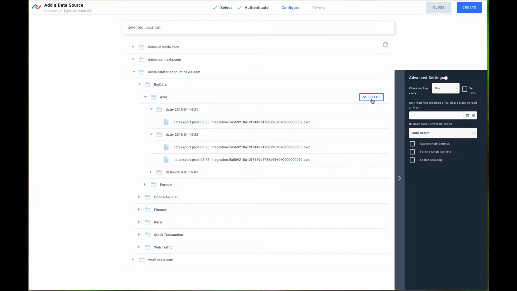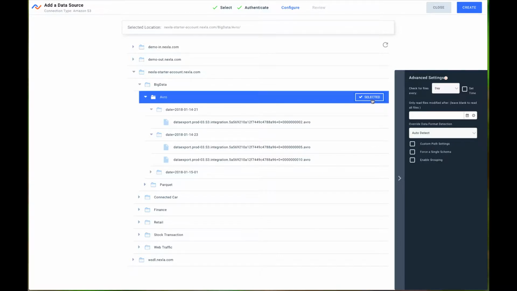In this case, I have my AVRO files cataloged in subfolders by date. Quite a common scenario where an automated job is writing data here every day. I can select the parent of these subfolders as my source folder. This way, when new files are written to my S3, Nexla will automatically read these files without requiring any action